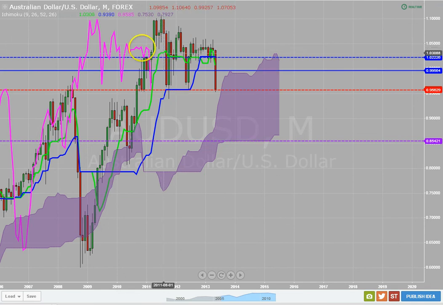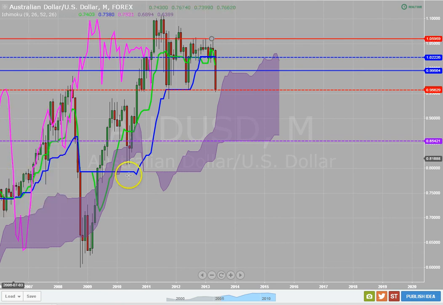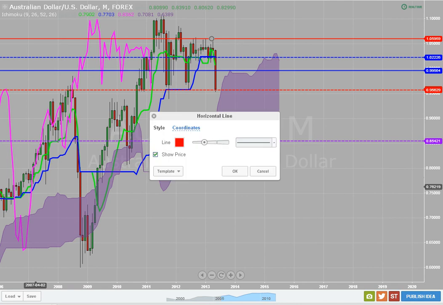This is a monthly time frame of the Aussie dollar, and look at this right here. This red line, this dashed red line, is the monthly time frame support and resistance, and then price is in that area right now. We can also put a line here, and I'll show you this. This is just support and resistance right here on the monthly time frame, and we can make that dash because that's our monthly time frame.